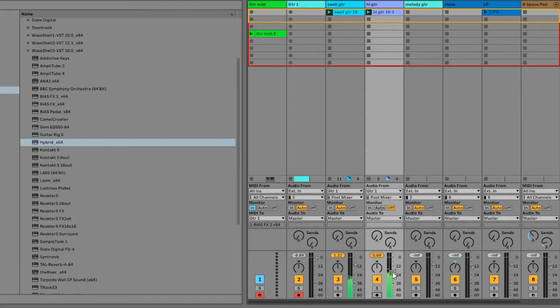So there you have it. Now I have basically these two pads going. That's the first one. And that's the second one, a slightly higher one. So straight away I've got some really cool effects happening with that swell on the Echorec, which I think is